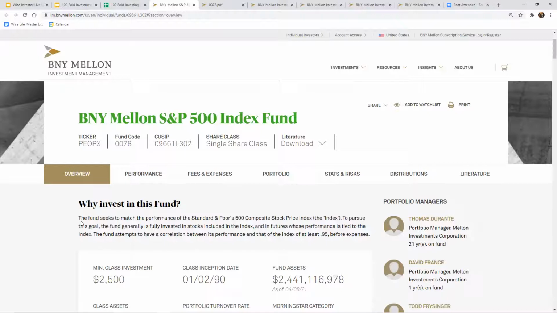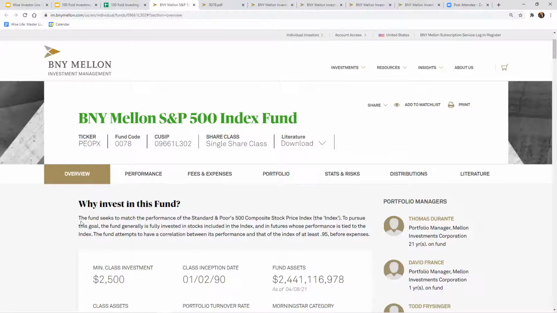So they're also doing a little bit of maneuvering and investing in a different type of investment that's not directly associated with the actual index, but a slightly different type of investing. But with this, the fund attempts to have a correlation between its performance and that of the index of at least 0.95 before expenses. So what they're projecting is 0.95.